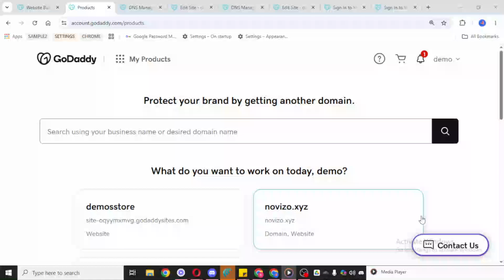In today's video, I'm going to teach you how to add a DNS record in GoDaddy. If you need to connect your domain to a website, verify a service, or point part of your domain to another location, adding a DNS record is an important step. Don't worry if you're new to this. I'll walk you through the process in a simple and clear way so you can follow along without confusion.